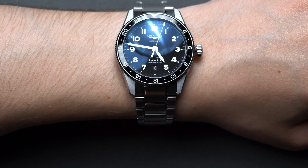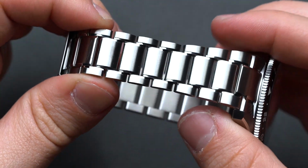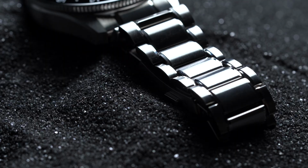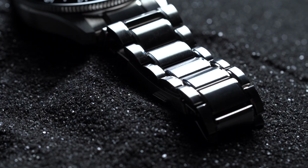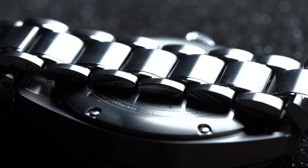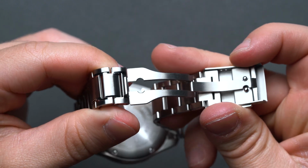Longines touts a pioneering spirit in their mission statement and catalyst for the Spirit collection, and this innovation is also mirrored in how the watch feels on the wrist. The Spirit Zulu Time feels uncharacteristically light for the stately 42mm diameter. In terms of the finishing, the vertical brushing extends from the case to the end link onto the bracelet, which tapers slightly from the 20mm lug width to about 18mm near the branded triple safety push clasp,